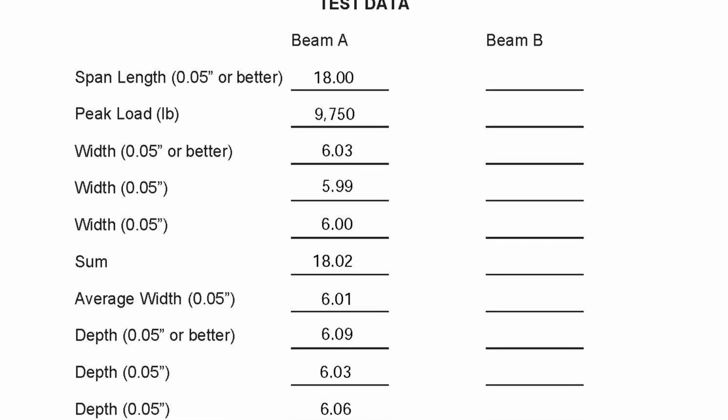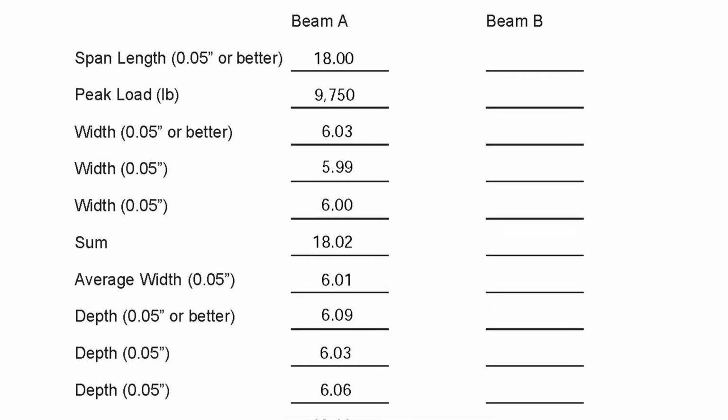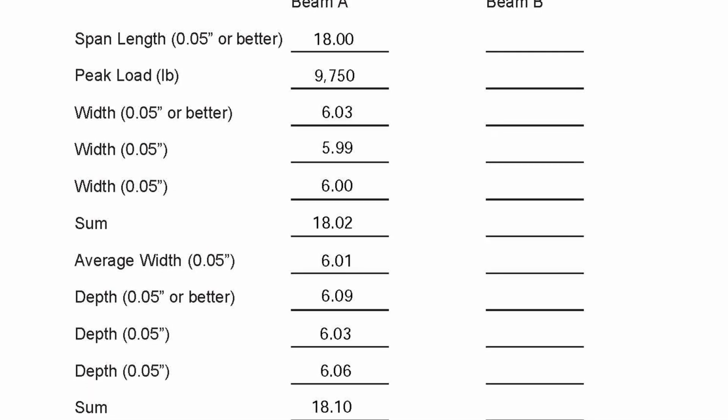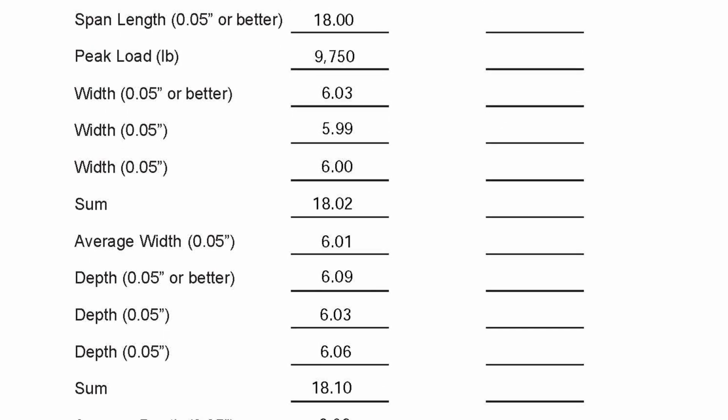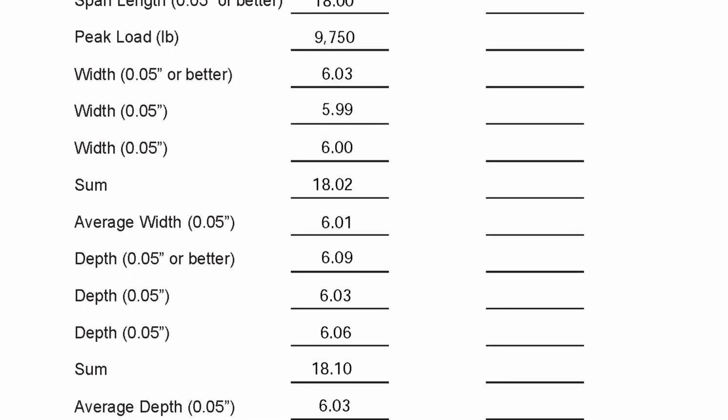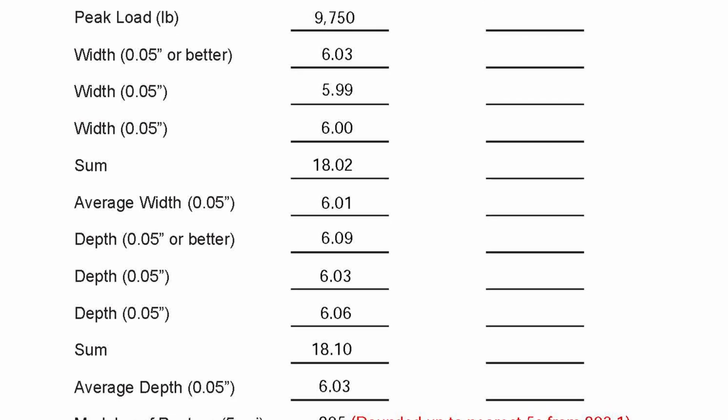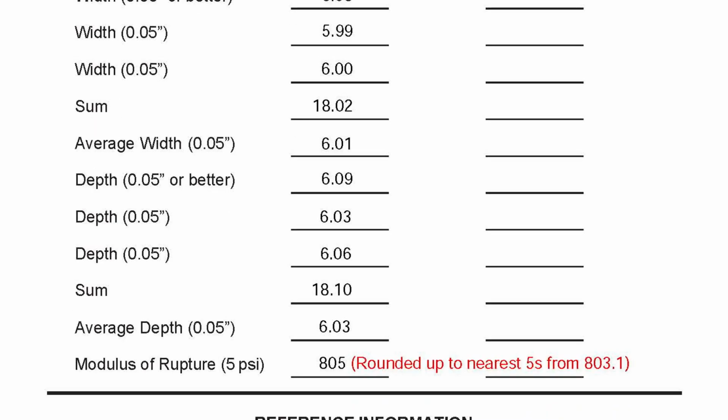6.01. The 3 depth readings we were given were 6.09, 6.03, 6.06 for a total sum of 18.10 inches. That sum would be divided by 3 to calculate the average, and that would give us an average of